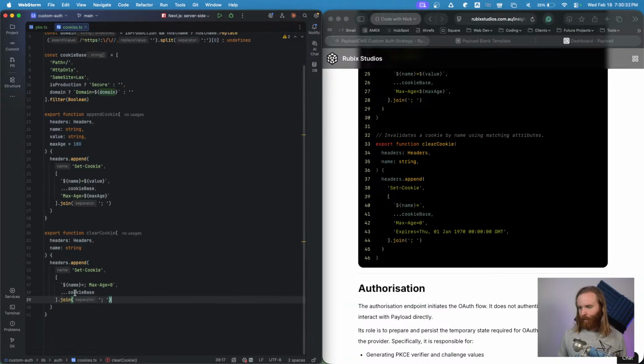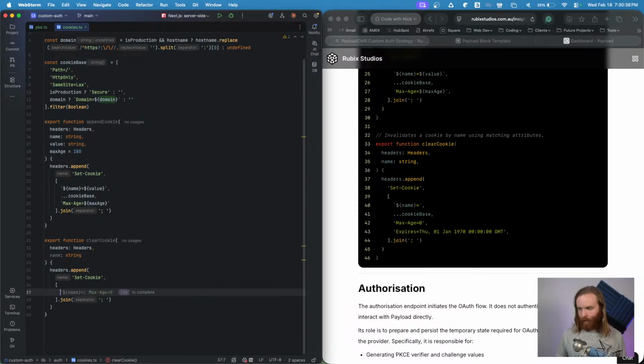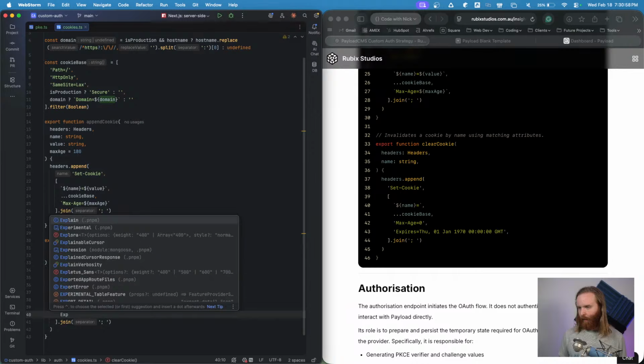Set cookie, and then we need an array that will pass in first a name, which will be equal to nothing, then our cookie base, which is really just a helper array. We could just type this every time if we wanted to, but why when we can just make it easier? So max age of 0, and then when it expires,